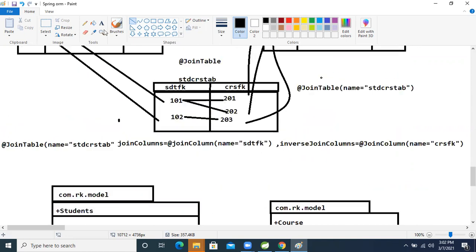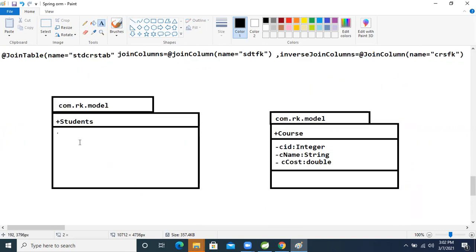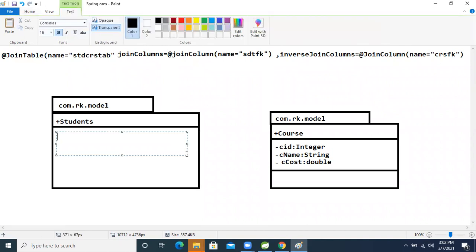Same as in our Java class, those become attributes, so we generate them as private. Private STDID, and the attribute data type is integer. The second one is STD name, student name, and student name is String.